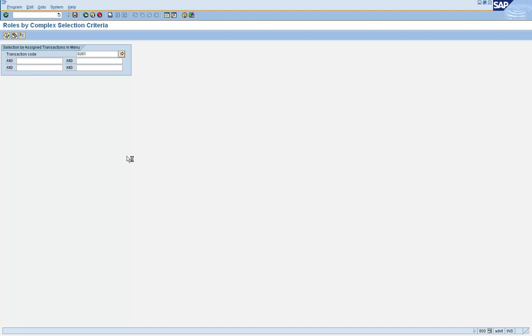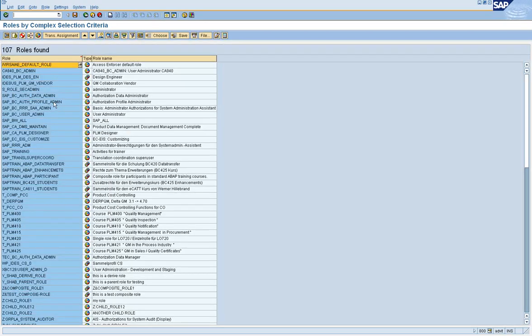Right? Now, when you get the list of roles here, it also gives the description of the role, right? AGR_TCODES will not do that. AGR_TCODES will not give you the description of the role. So you have to get the description of the role from AGR_DEFINE.